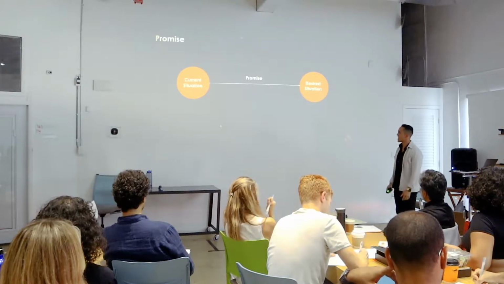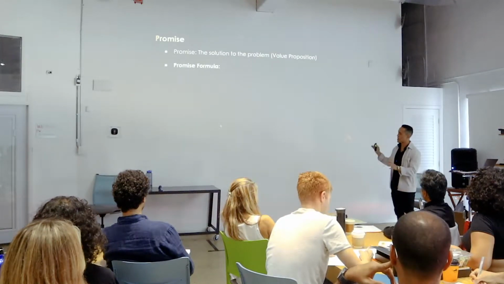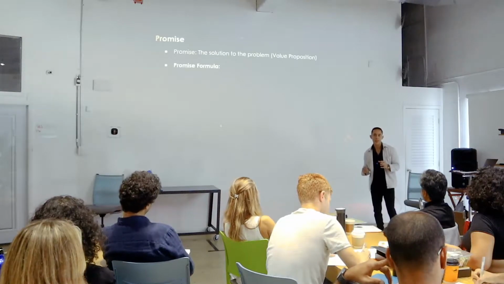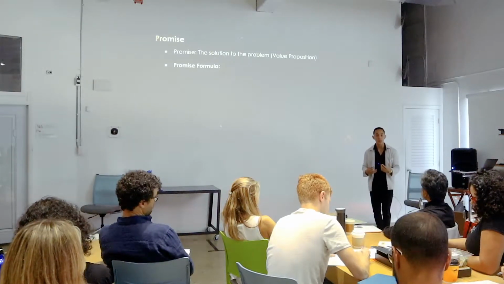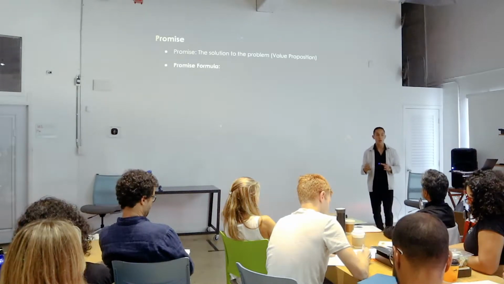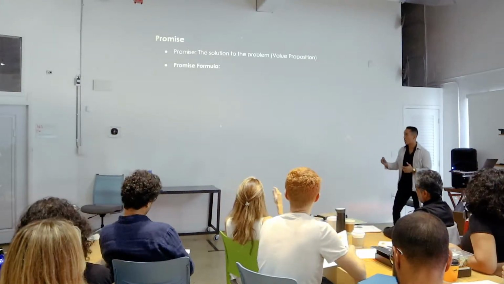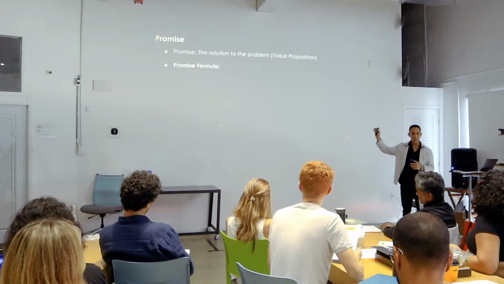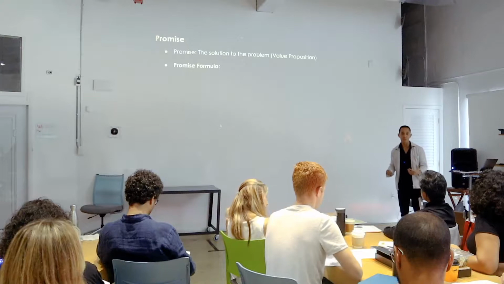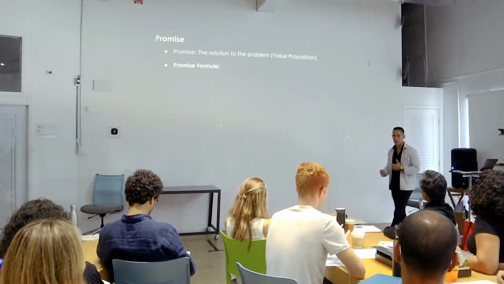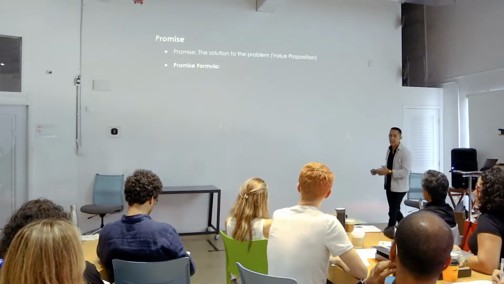And when it comes to promises, a lot of people are not very clear in how they communicate things to the marketplace. And if they're not clear, chances are their product's not really delivering on their promise. So here's a very easy formula that you can utilize to get clear on what that promise is, so your marketing's effective, but also so you create a product that actually sells. A product that when you present it to the person you want to buy, they're like, wow, this is the thing that I've been looking for.